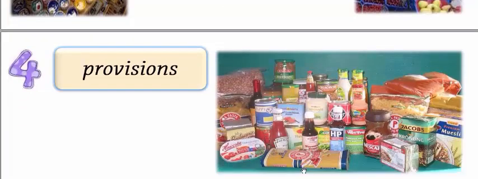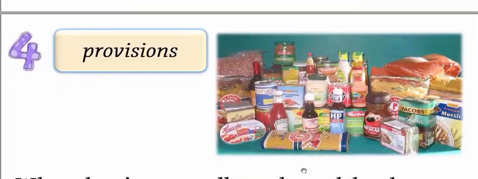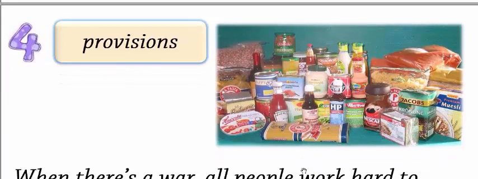And word number 4 is provisions. In the picture, there are a lot of things. Pasta, ketchup, a lot of things. What's the common among all these items? Yeah, right, we can eat them. So provisions means,